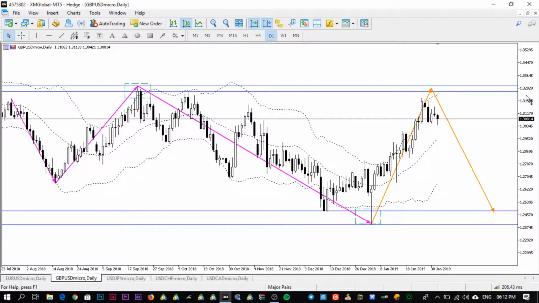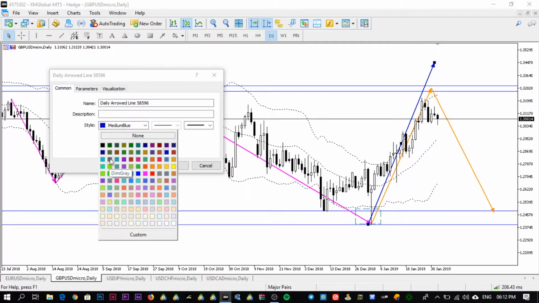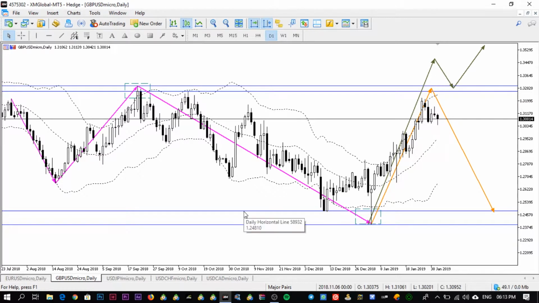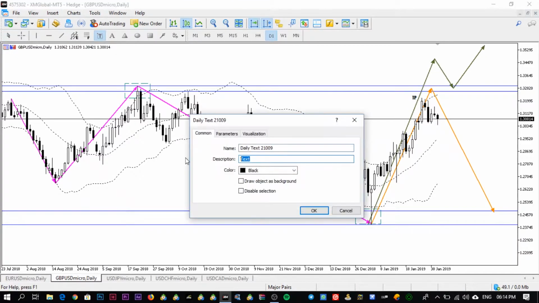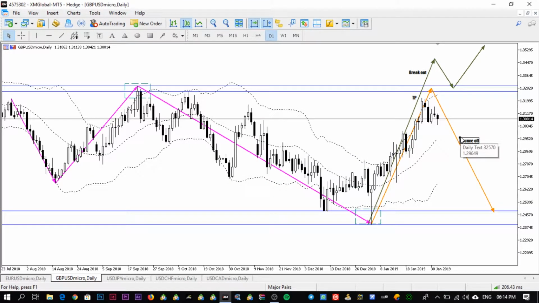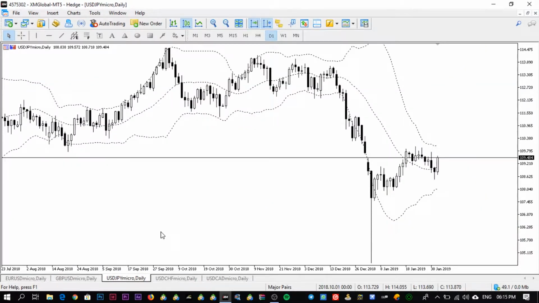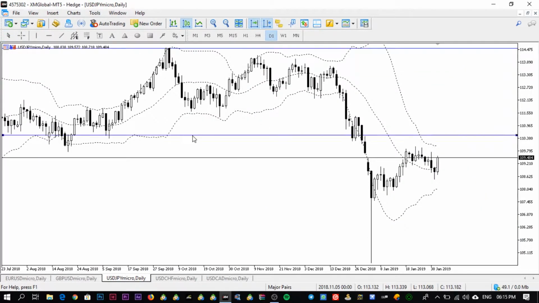Or option 2, remember that markets are full of what? Options. So you've always got to have more than one speculation so that you are prepared for whichever one comes first, as we are not guaranteed that the market will always play out the way that we speculated. So we have our area of resistance here. Our option 2 or second plan of action is to wait for a breakout of our resistance level,